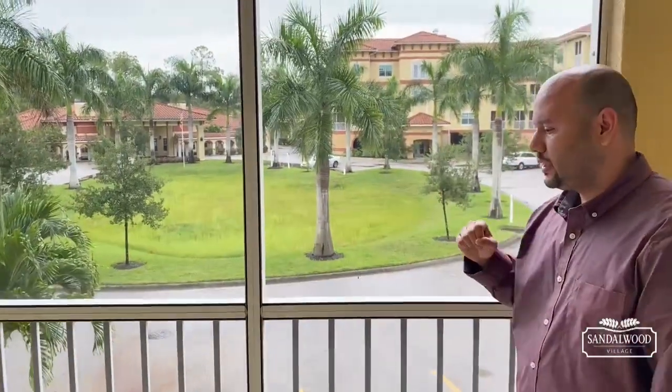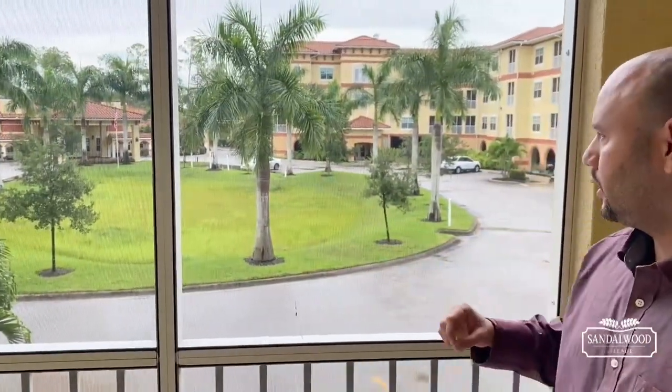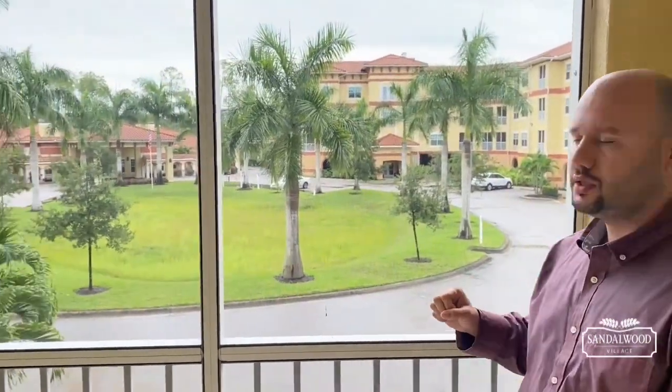Go right outside to your screened-in lanai. So again, screened in, put some patio furniture out here. Of course, you got a view of the community, see what's going on. From there,